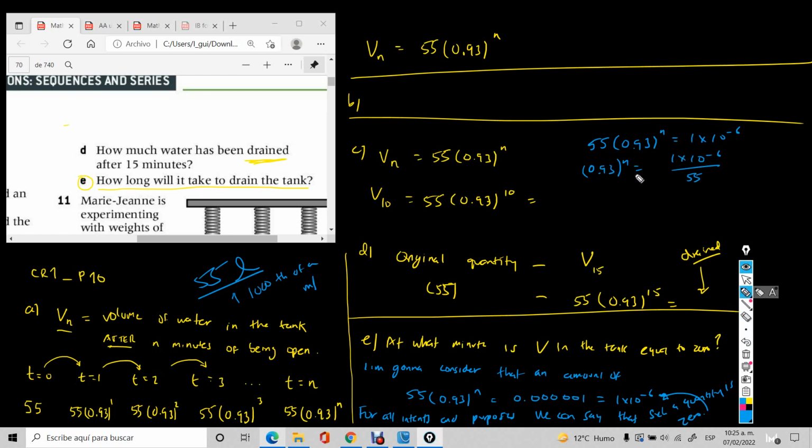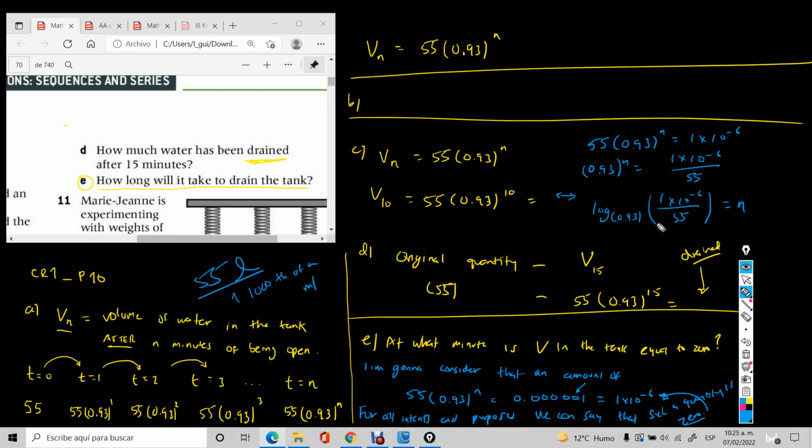Then we have an exponential equation, and as always, we have its corresponding logarithmic equation. That would be logarithm base 0.93 of this fraction equals n. That's how you find n, the minute at which you get this much water in the tank. Basically nothing, basically 0. If you argue this way, your answer is going to be 99% correct. So all you have to do is compute. Once again, you can leave it like this, or if you want to,